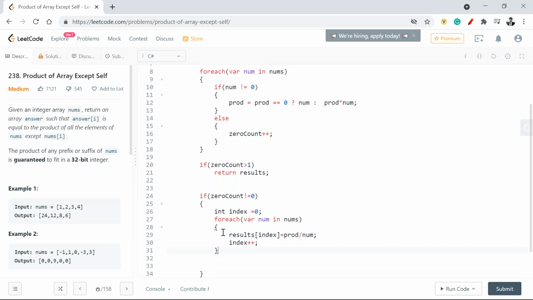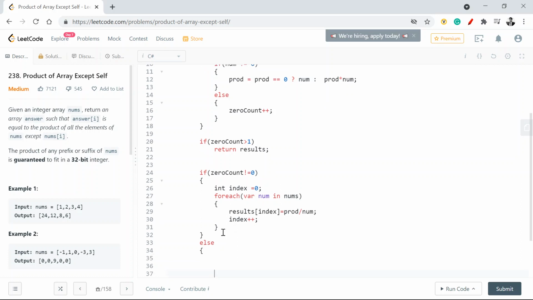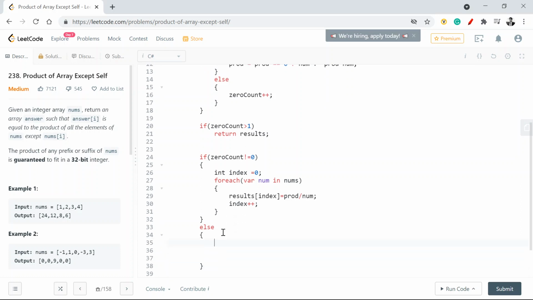But what if I have 1 zero which is present with me, right? I'll do else. I'm going to say I have 1 zero, that means only for that value wherein I have that integer which is equal to 0, only for that value where I have a 0 is where I need to ensure that I simply have that index value being stored. So this will be, say, 0, that means there is no 0. Else part is what I need to do now.